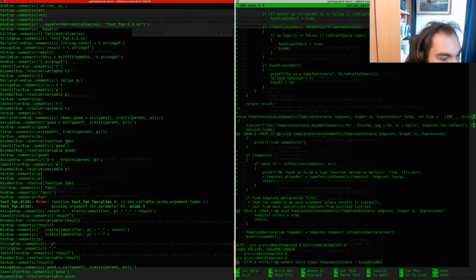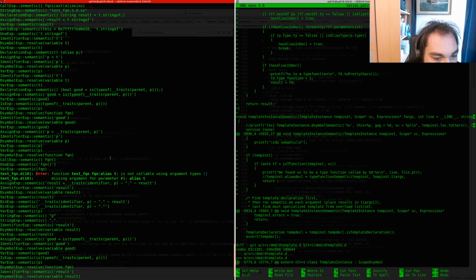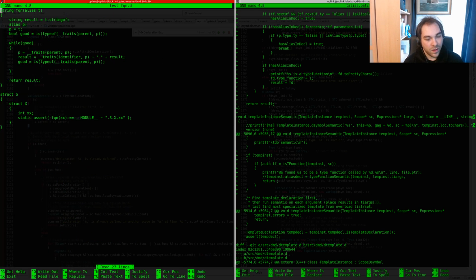This is as if the function, the thing would resolve to, oh, you know what happens? Because we haven't yet really implemented the type function semantic, it complains about line 10 and the function not being callable with the wrong parameter, with that parameter type. Okay,